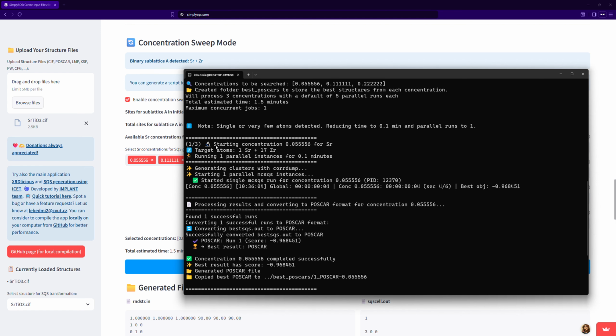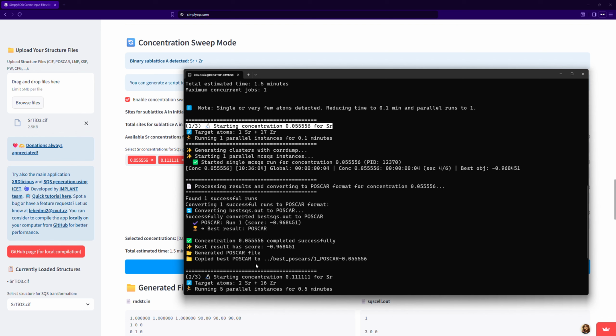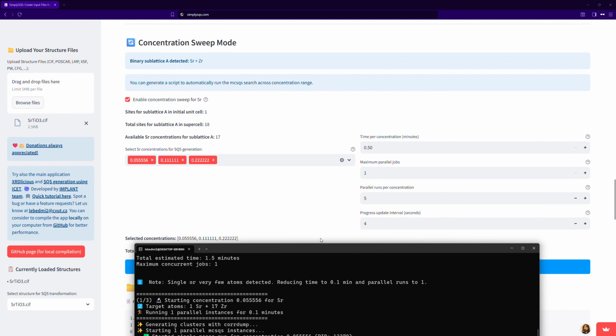Once it finishes one concentration, it will move to another, but before that, it will automatically convert each bestsqs.out file into POSCAR format. And if you run a parallel run, in this case it will create 5 bestsqs in each folder, so it will also convert them into 5 POSCARs, and then it will select the best run based on